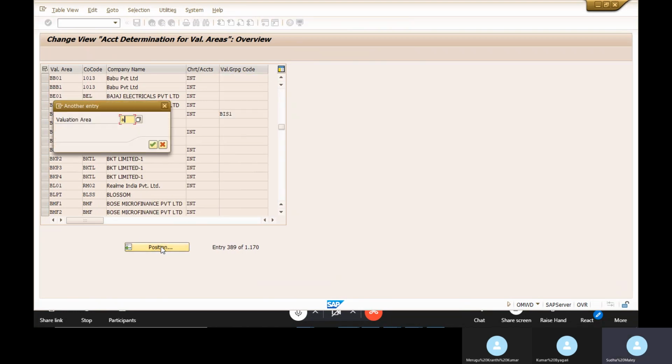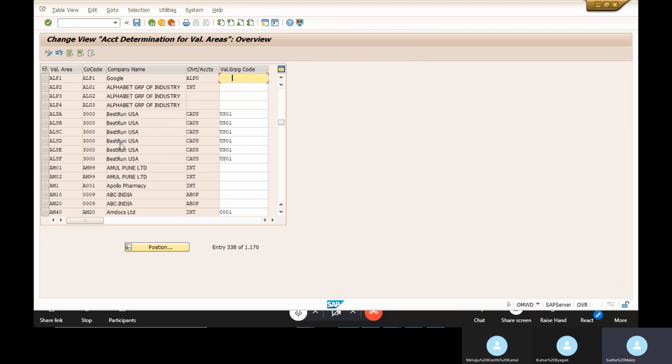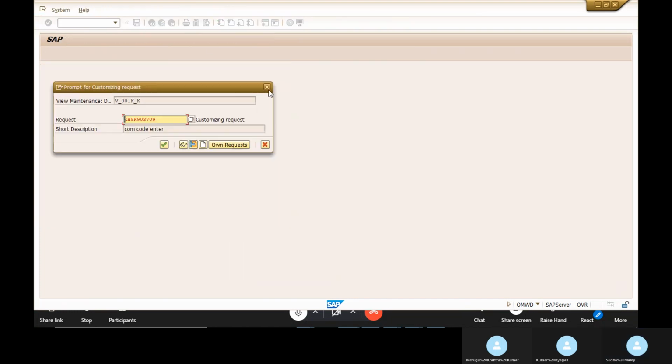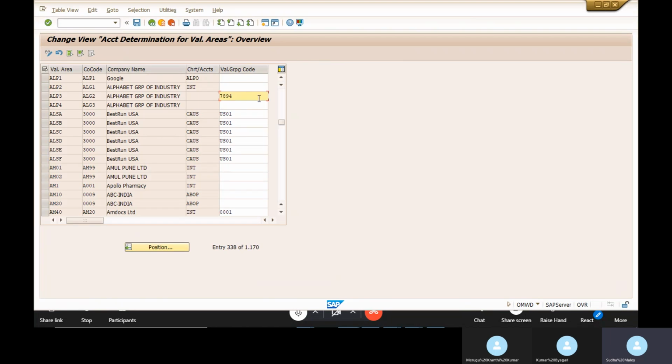If you created any new valuation area, you can find it here and assign your valuation grouping code. Like this you need to assign your valuation grouping code.